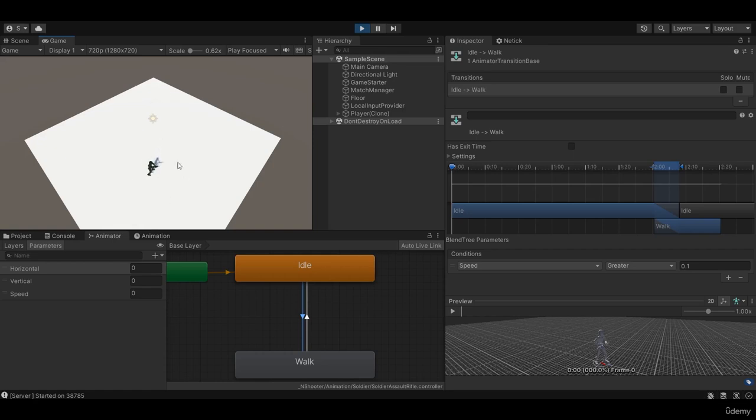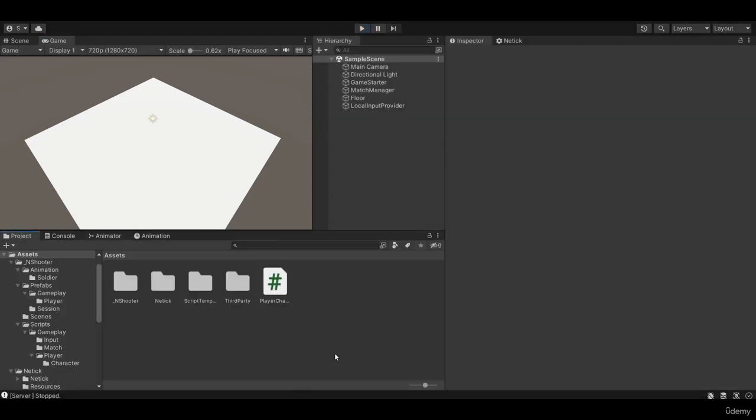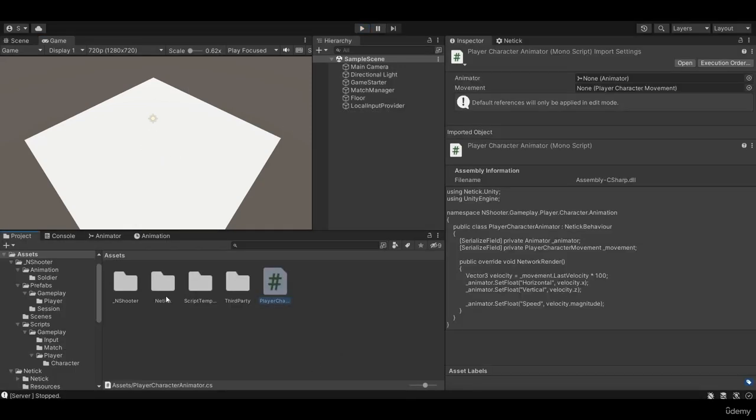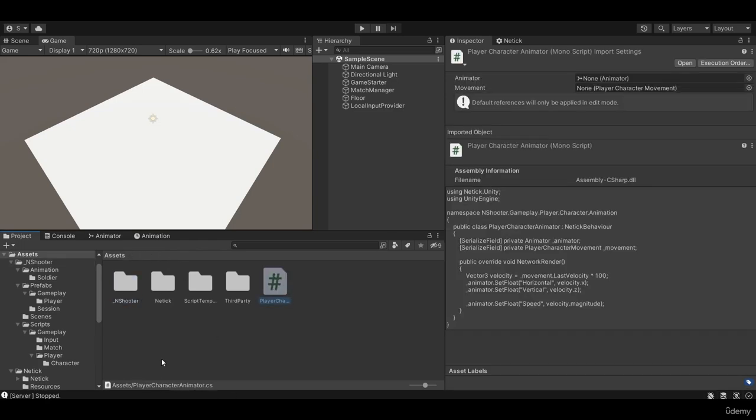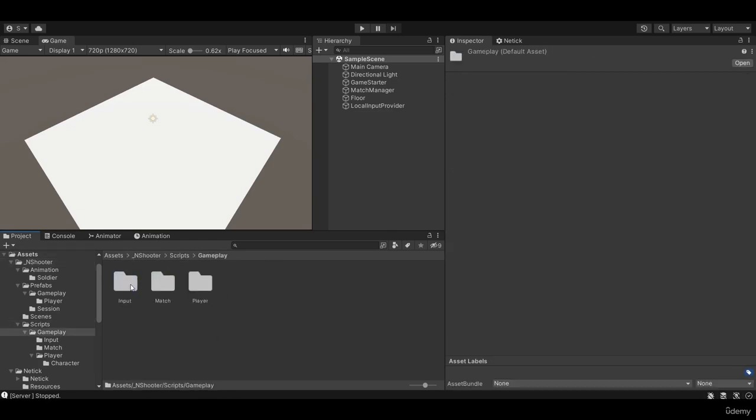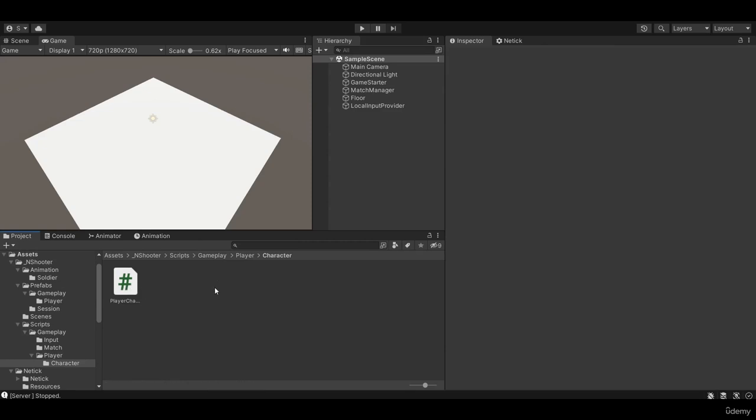However, we still have an issue that our player character rotation is very abnormal, that it is not relative to the camera. So we're going to fix that soon, because the purpose of this episode is that we are learning how to update visuals from the network property. Before we end this episode, we're gonna clean up a little bit as usual. So let's move this script, player character animator, to our player character over here. All right, now